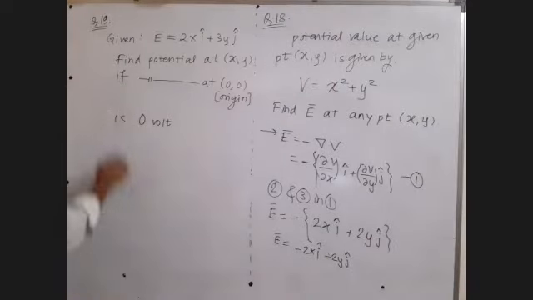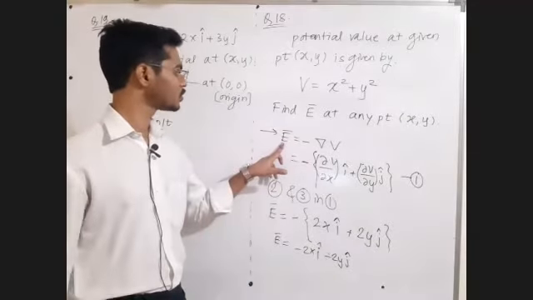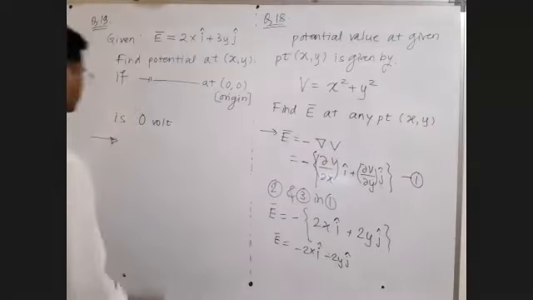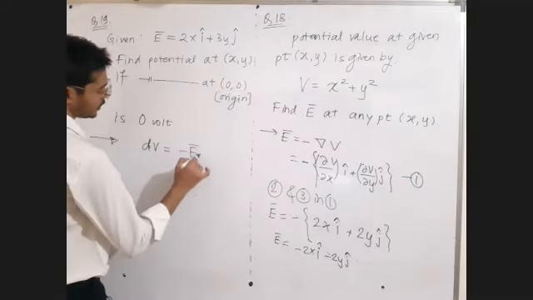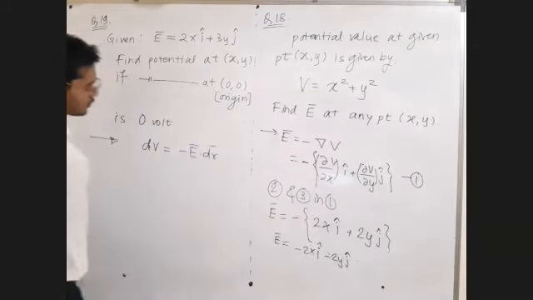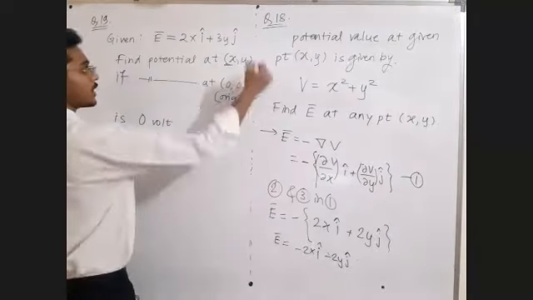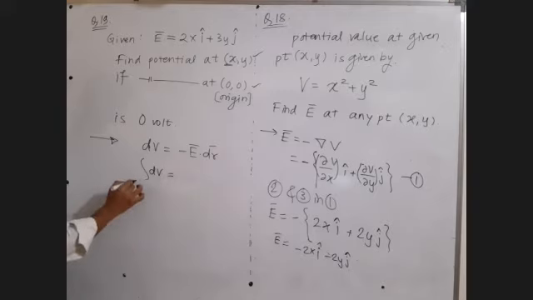Okay. So which formula we have to use? Potential formula or electric field formula? Sir, potential formula. Because we are not asked electric field, we will not use E is equal to negative potential gradient. That we will not use. We will use, sir, dV is equal to minus E bar dot dr bar. Okay, sir. Fine, sir. Sir, we have to find potential at any general point x y. Potential at first point origin is given. Potential at second point x y is asked. Okay. So integration of all such potentials. First point is origin.